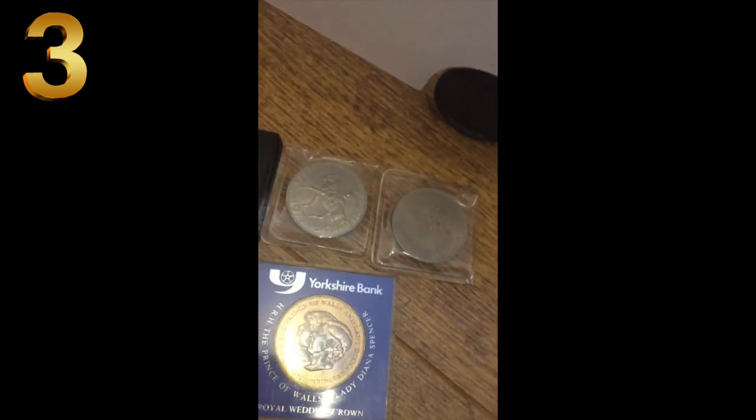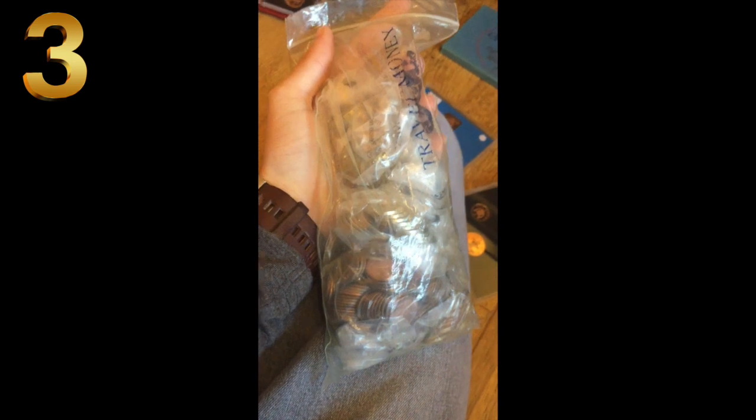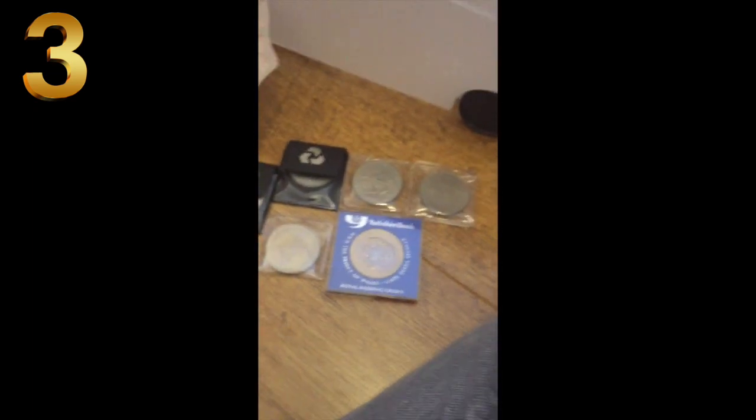So I've got crowns. These are all crowns in different various things. Then I've got a big bag of foreign money that I've still not put in my album. This is in it. It's quite heavy, this. I've got loads of different currencies in there. Then I've got the Lincoln Cathedral from when I visited Lincoln. It's a little medal type thing. Then I bought this as well, just a minute. I've still not put these in the album either, which I need to be doing, but I'm going to just